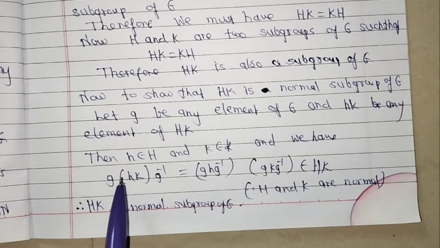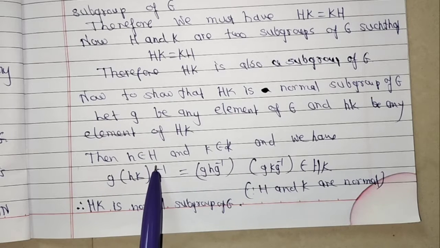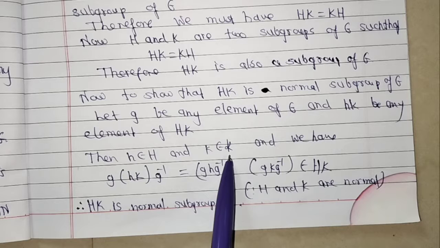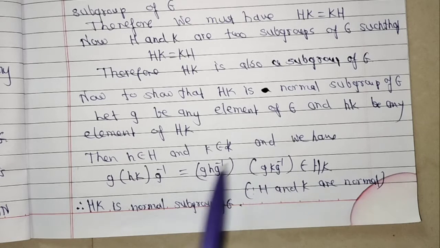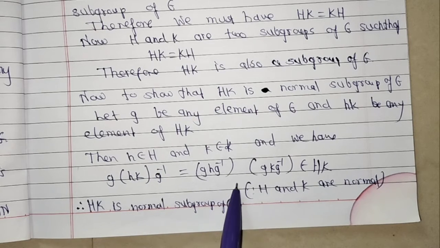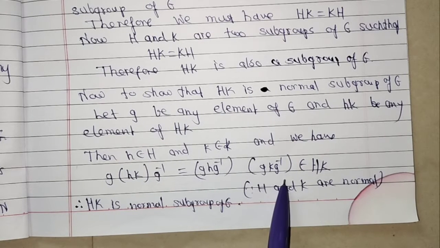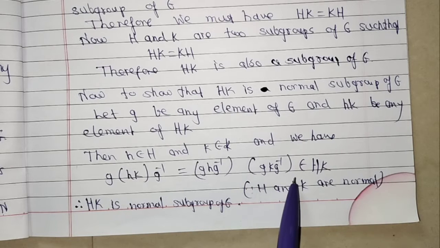Then small h belongs to capital H and small k belongs to capital K. Then we have g(hk)g inverse equals (g h g inverse)(g k g inverse),